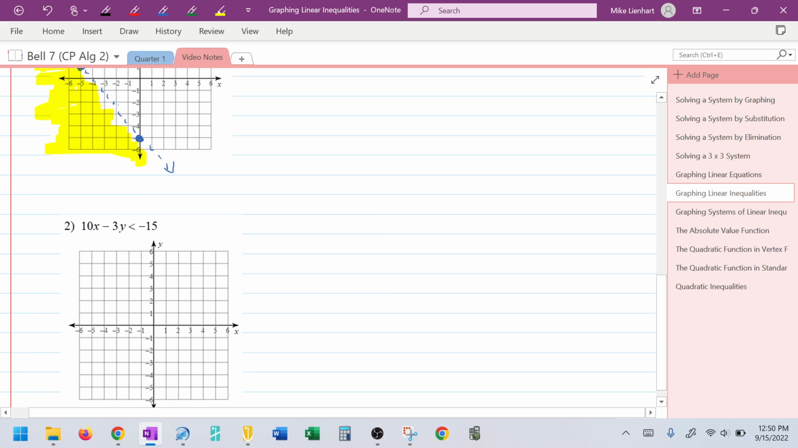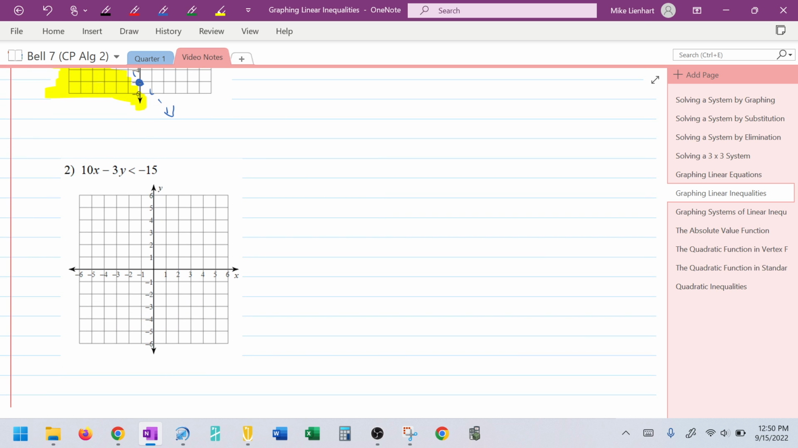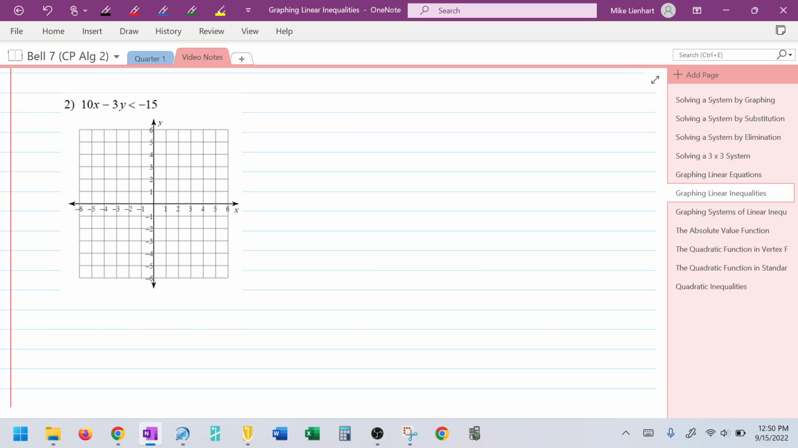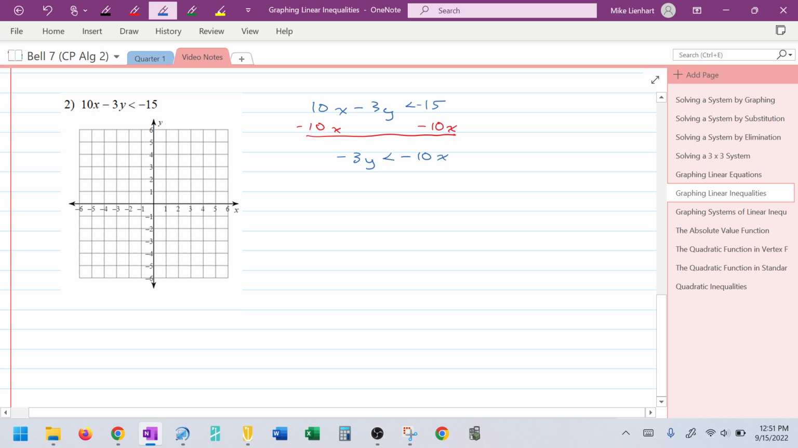Okay, so let's look at a second example here. What if I give you this problem that says 10x minus 3y is less than -15? Well, the first thing I want to do is rewrite this and solve for y so that I know what I'm looking at as far as a graph. Put it in slope-intercept form. I'm going to subtract 10x from both sides, which would leave me with -3y is less than -10x minus 15. I'm going to divide everything by -3,